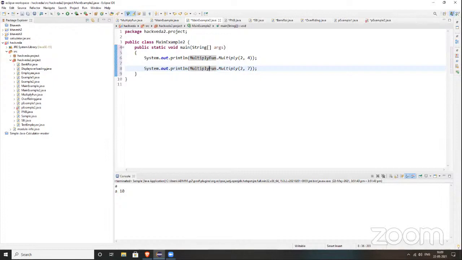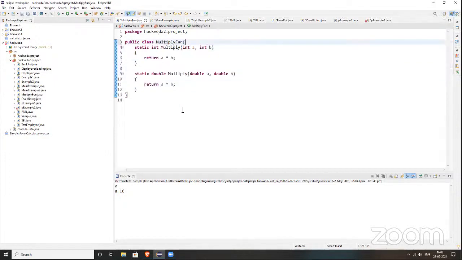Because there were two files, example one and main example dot java. Mine also has two files. Yes, so while changing it, I think I might have changed it in the example one file and I changed the name. That's why it happened.